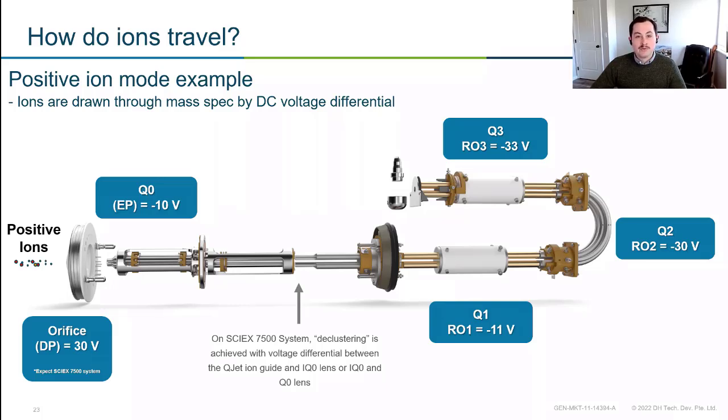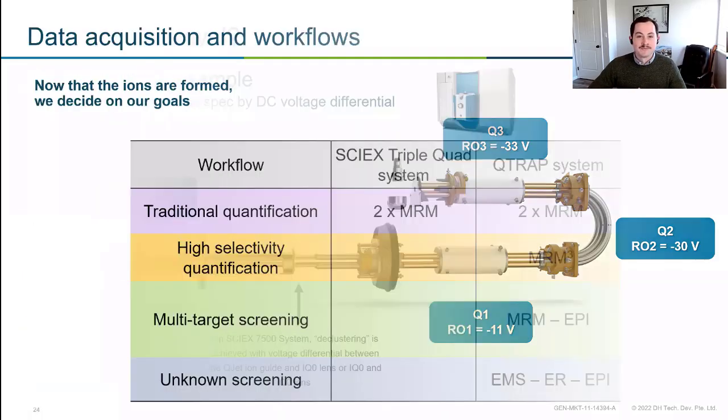Q2, you'll hear people refer to as the collision cell or Q2, and they're both the same thing. You can use those terms interchangeably. It's really just referring to where that fragmentation happens. So instead of using this quadrupole as a filter, here we're going to be applying some energy to create something. And in our third quadrupole, that's where we return to using that quadrupole as a mass filter. So if we take a second to think about that selectivity, we have a first mass, we're doing an experiment on that mass, and then we're filtering it again. And that's where we get into some of the fun.